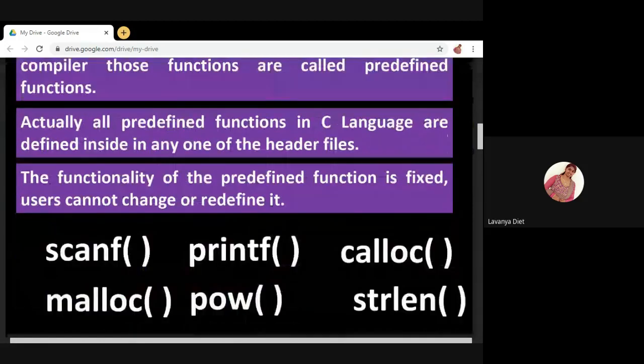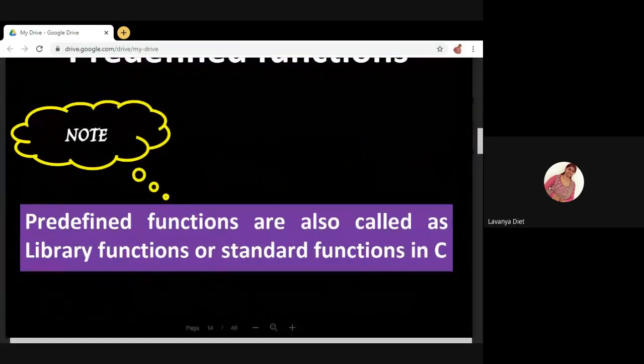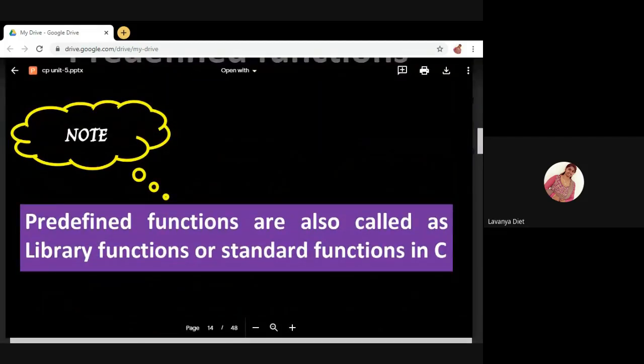You no need to write the code. You can directly use these functions. Note, predefined functions are also called library functions or standard functions in C. Remember this.